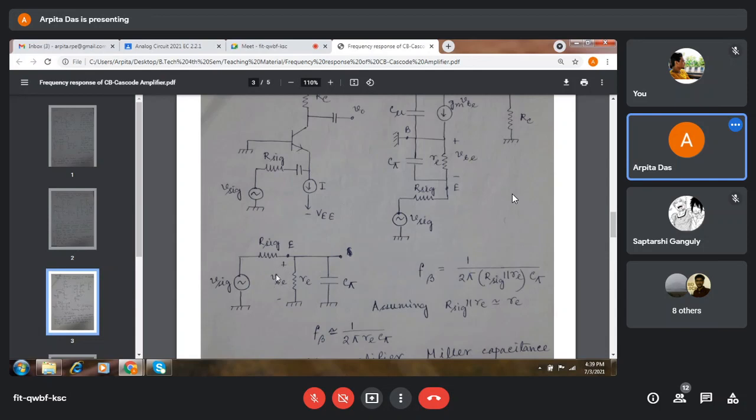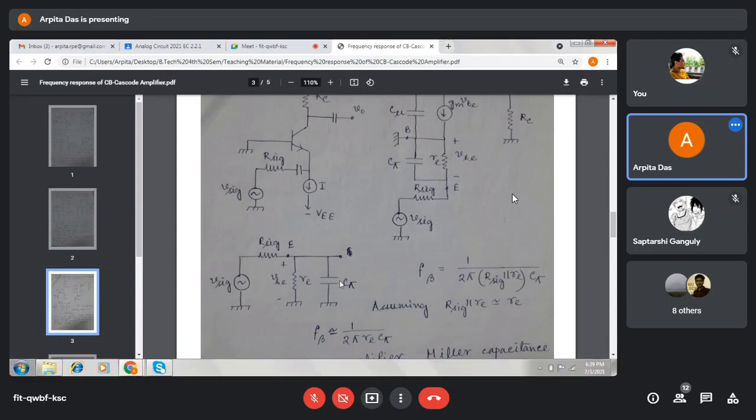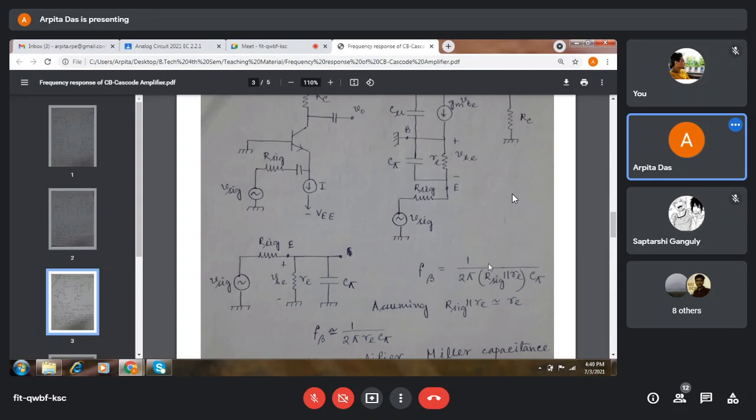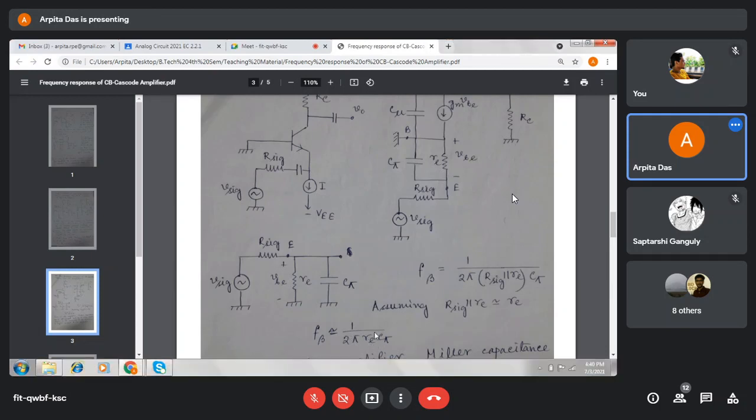So actually this is a simple RC circuit now, where the upper 3 dB frequency for this simple RC circuit is what? 1 by 2 pi times the overall resistance in the circuit, which is R_s parallel r_e, into the capacitance. We know it, 1 by 2 pi RC. And since this parallel combination is almost equal to this small r_e, so f_beta is very close to this one: 1 by 2 pi r_e C_pi.